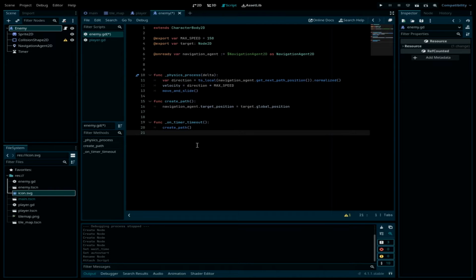And I've added this code that contains a variable which is the max speed of the enemy, the target which is a Node2D, and it's going to be the player. And we will assign this in the inspector later, and I've created a navigation agent variable. Now in the physics process function, I've created a direction variable which will have the local navigation agent.get_next_path_position.normalized, and we assign a variable of direction times max speed to the velocity,